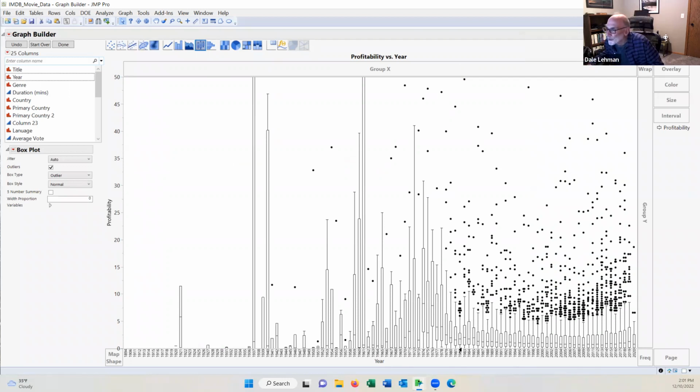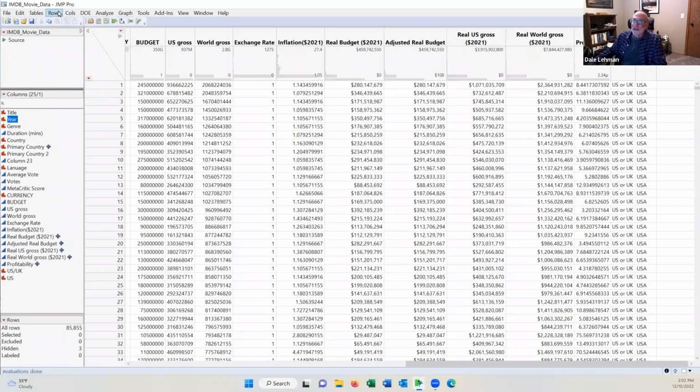All of this prior to 1970 something, the financial data on the movies is just fairly scarce. So one option here might be to say, you know, we're not going to get much analysis out of the before 1970 time frame. So maybe one thing we should do, actually close that window, is let's